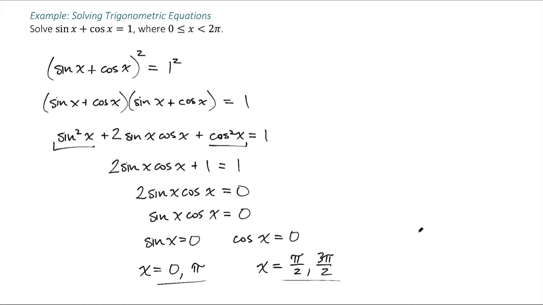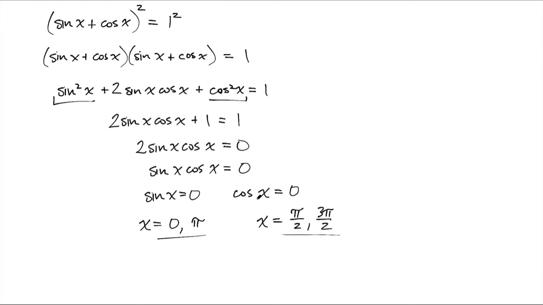But I mentioned at the beginning that when you square, you can actually introduce extraneous solutions, things that are not actually solutions, because if the left side is negative 1, negative 1 squared is still equal to positive 1 squared. And so that's where we might get some extra answers. So what we need to do is go in and just check these 4 places and see if sine plus cosine is actually equal to 1 at each of these. So